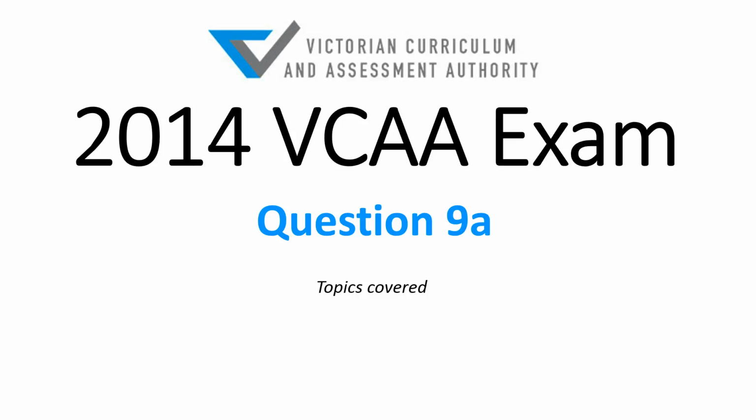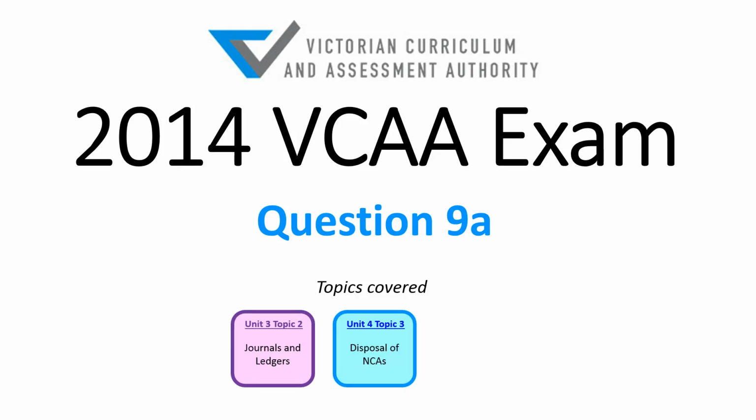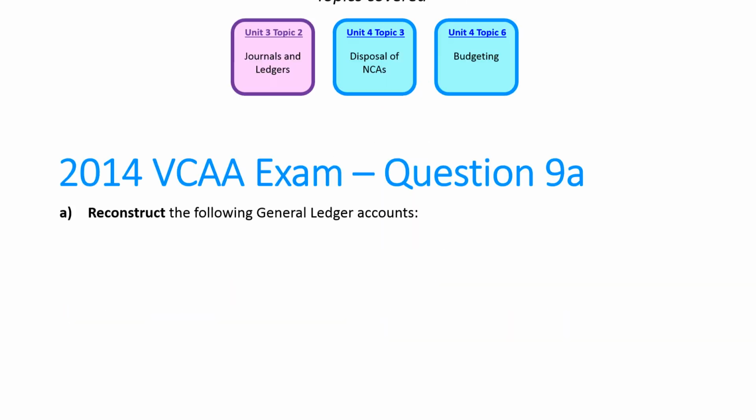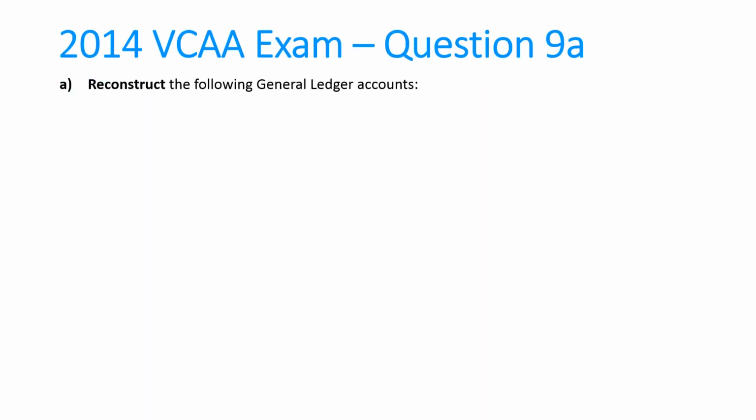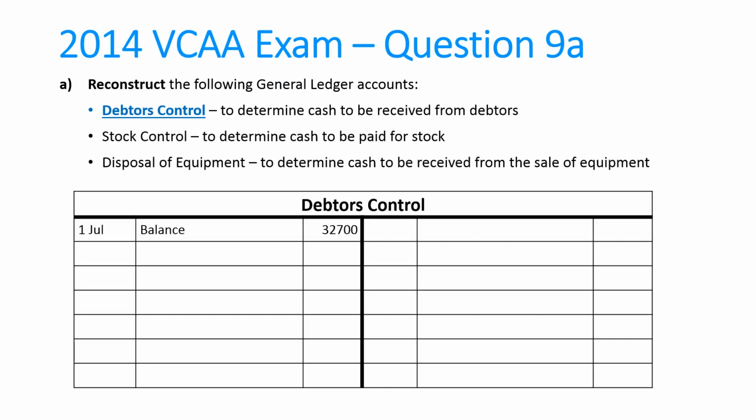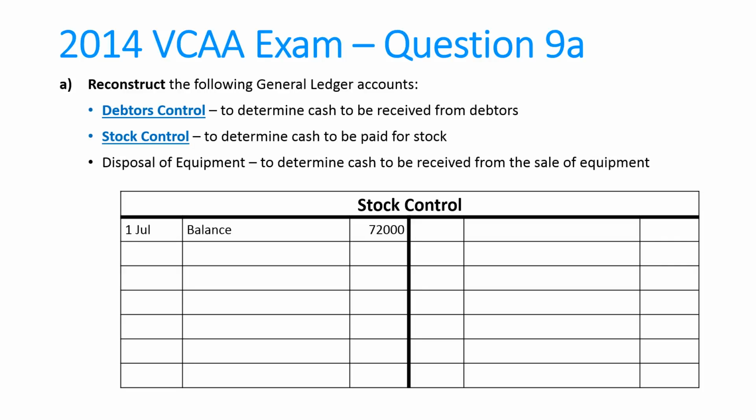Question 9 was by far the biggest question on the exam, and it focused on journals and ledgers, disposal of non-current assets, and predominantly budgeting. So what you were asked to do for A was reconstruct the following general ledger accounts. First one was debtors control, and then you had to do stock control, and then finally you had to do